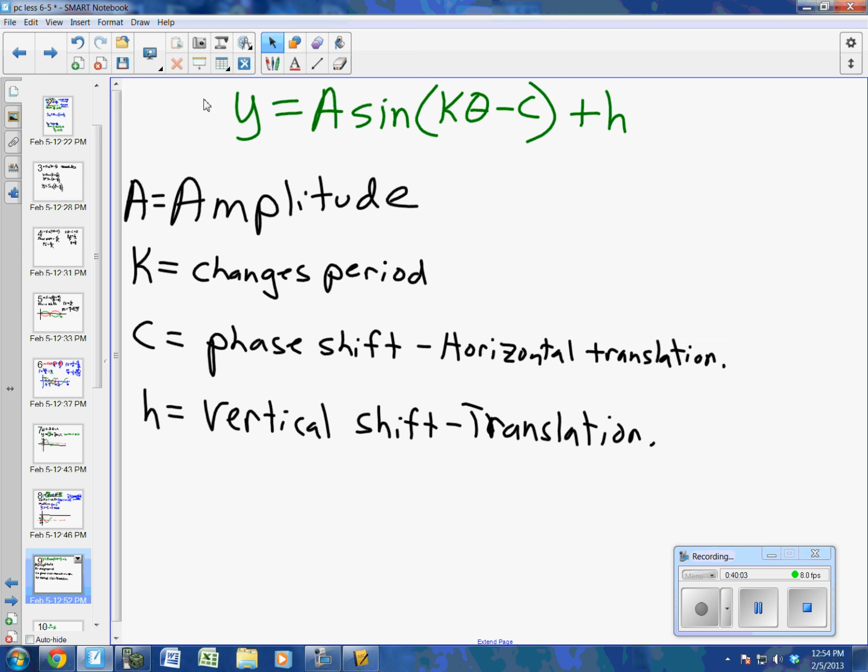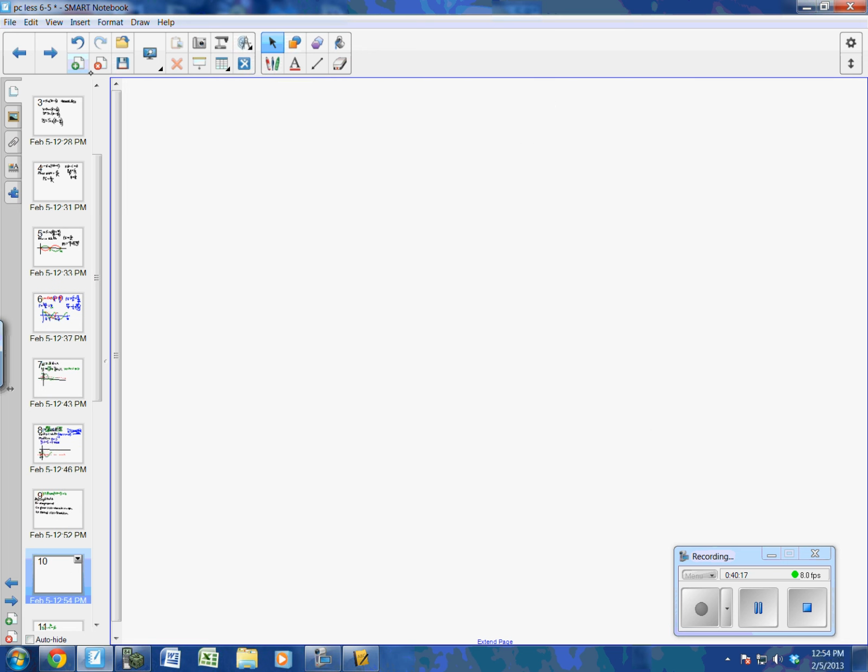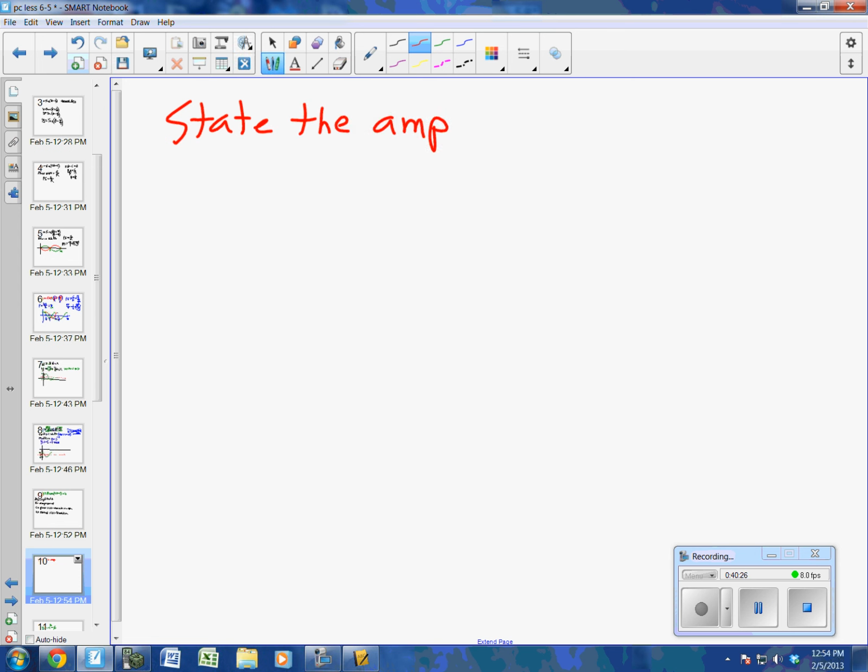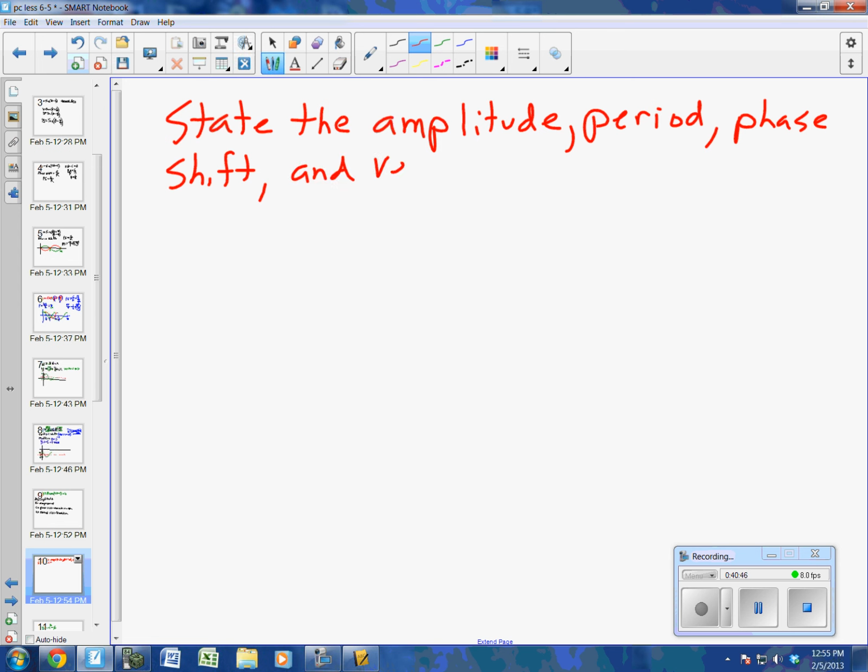You can actually make a sine or a cosine function look exactly the same by doing a horizontal shift. We're going to have a test on this. I want you guys to do this. I want you to state the amplitude, the period, the phase shift, and the vertical shift